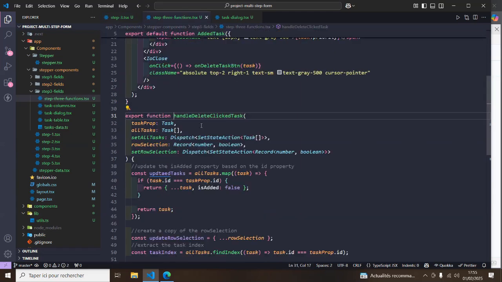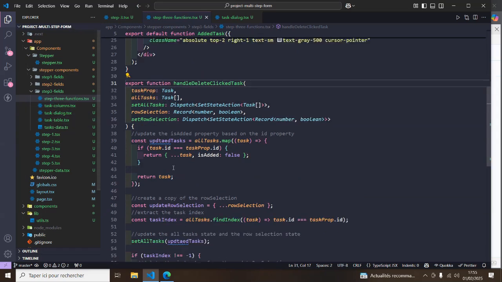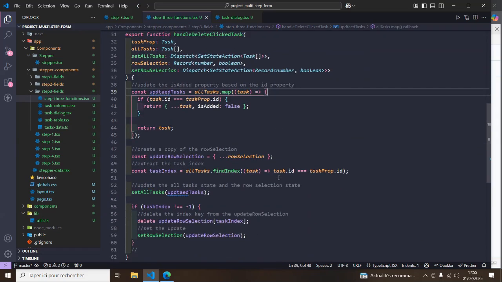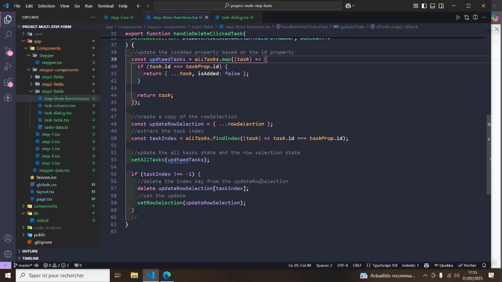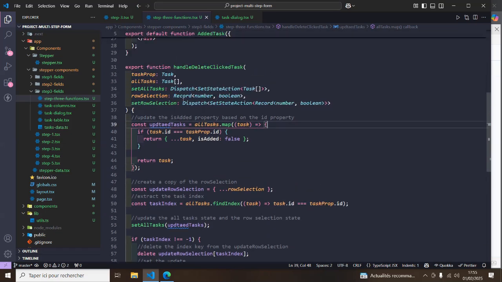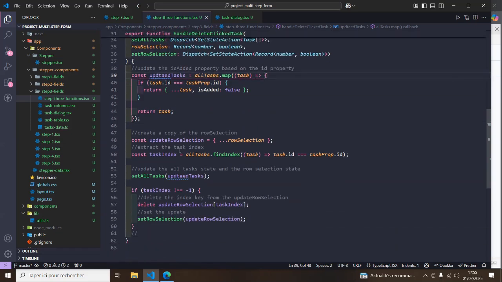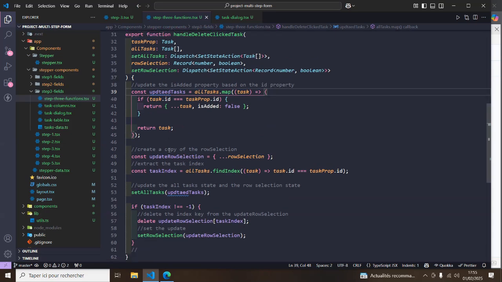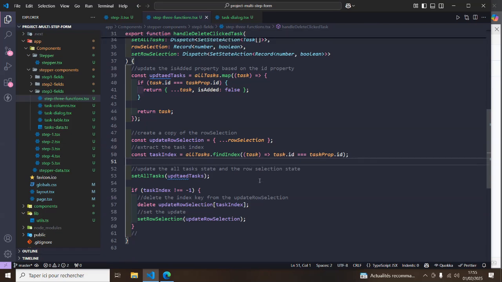So this function is also inside this function. It's going to accept all of these elements so you can update our all tasks array based on whatever we're having in the props. So here, these are the steps that we're going to do. We are going to copy the row selections, which is the thing that I showed you inside the log function. And here we're going to extract the task index, and then